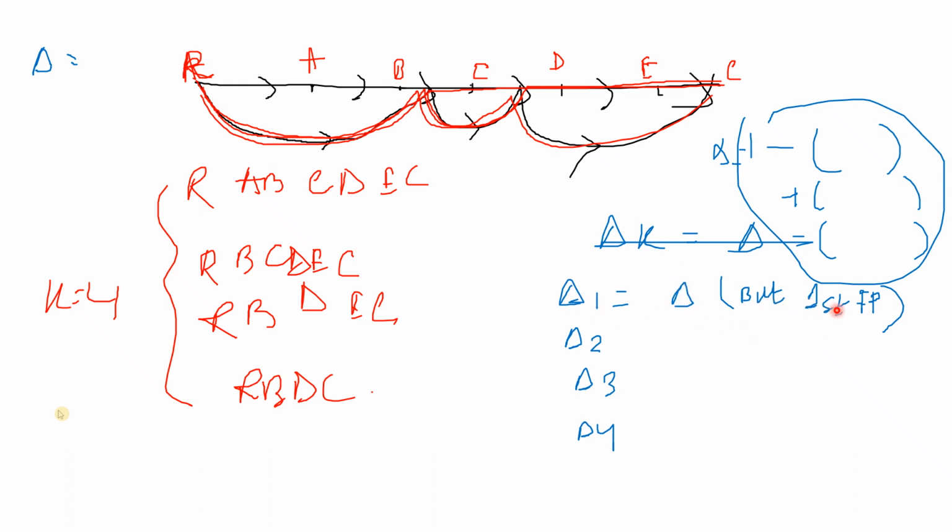Here, if you are calculating delta 1, then you have to calculate delta by not taking the loops which are in the first forward path, because this is delta 1. So first forward path मतलब ये वाला. तो इसके साथ जितना भी लूप्स है जो टच कर रहे हैं उसको नहीं लेंगे. तो तीनों लूप ही वहां पर टच कर रहा है तो तीनों लूप ही नहीं लेंगे. ठीक है, तो फिर ये 0 हो जाएगा. डेल्टा 2 में, we have to calculate delta once again. Here also we have to calculate delta, but make sure that there should not be a loop which is touching the second forward path.